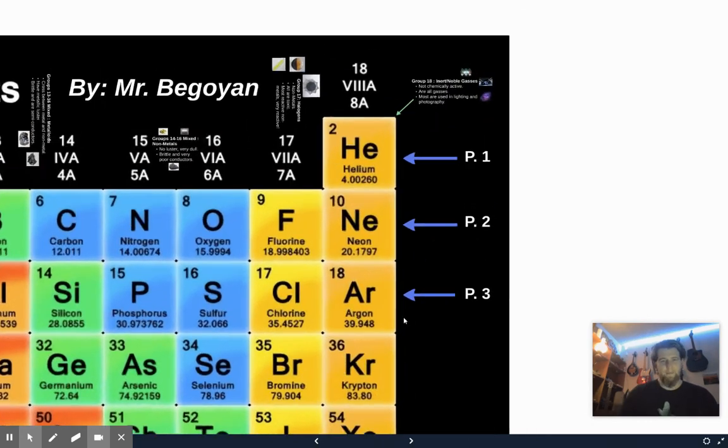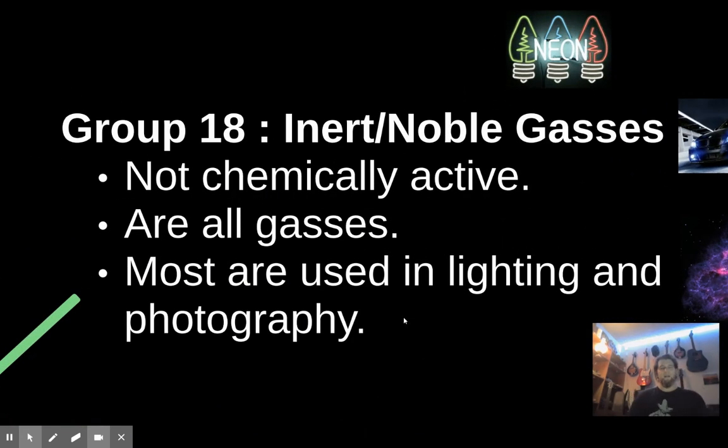So then lastly, let's look at group 18. These ones are called the noble gases. Now, everything aside from this group on the periodic table is what we'll call not stable, meaning that it is looking to chemically combine with something else. It is looking to trade electrons with other elements, or steal an electron, or share an electron, or give one away, but not group 18, not the noble gases. They are not very chemically reactive.